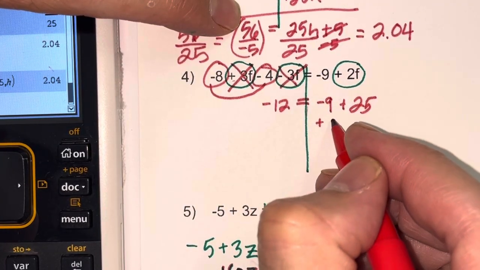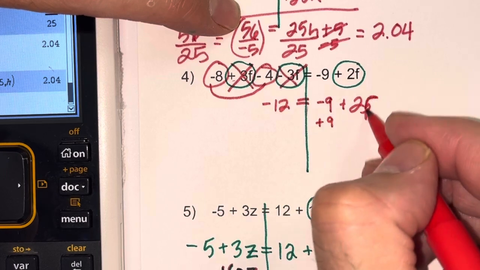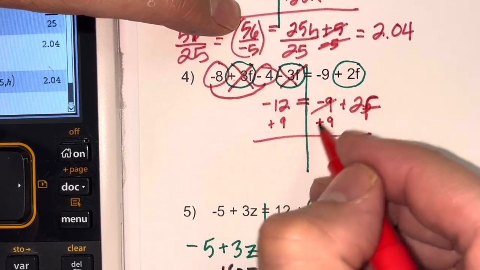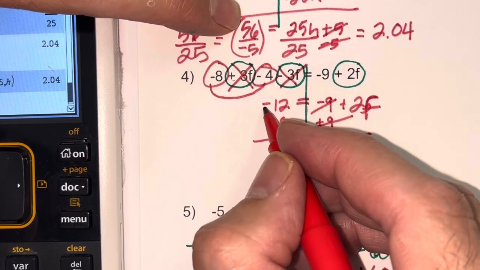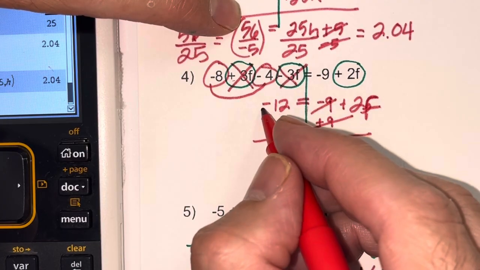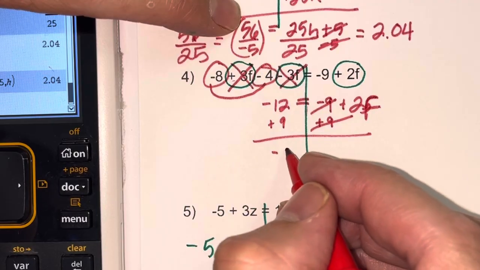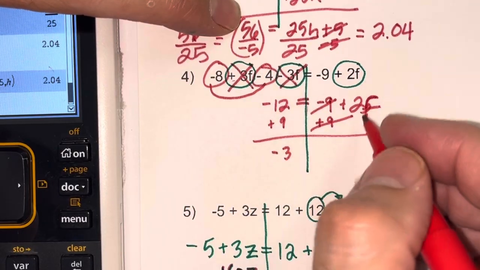And then we add 2f, add 9 to both sides, and then we have -12 plus 9, which is going to give us -3,